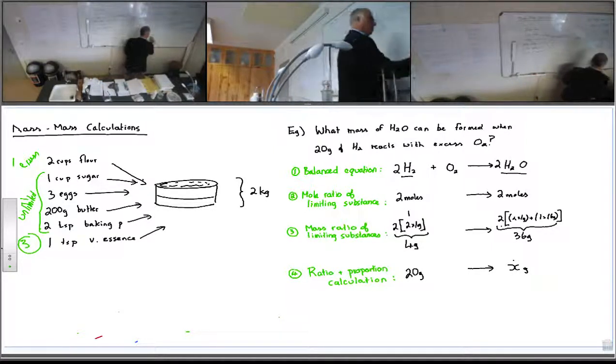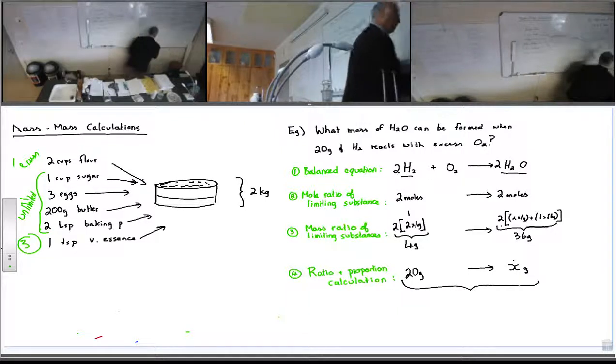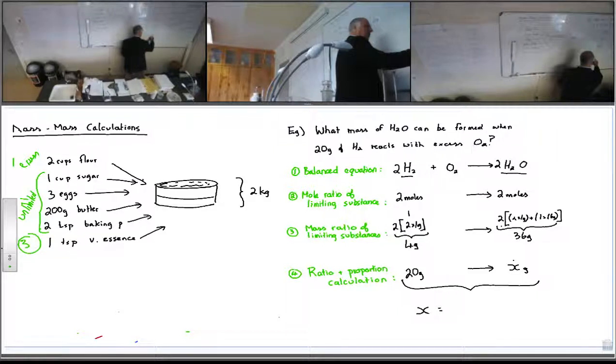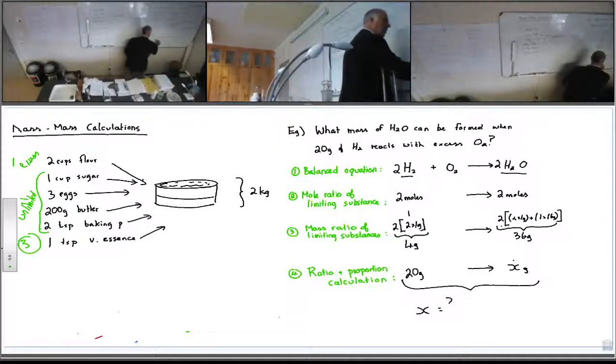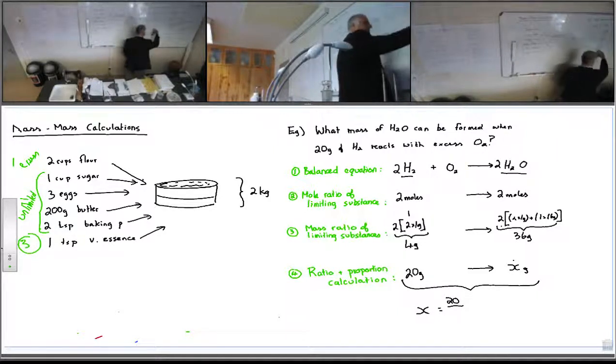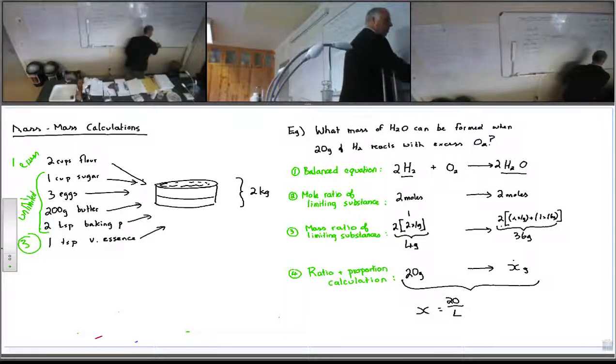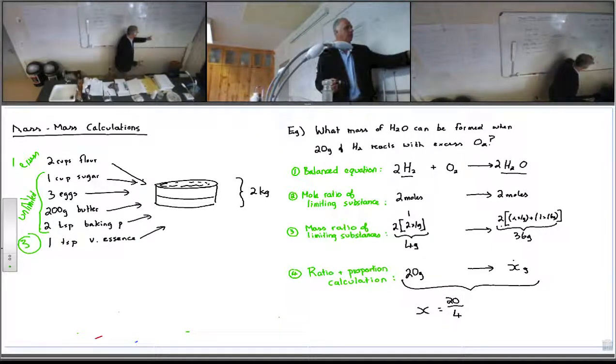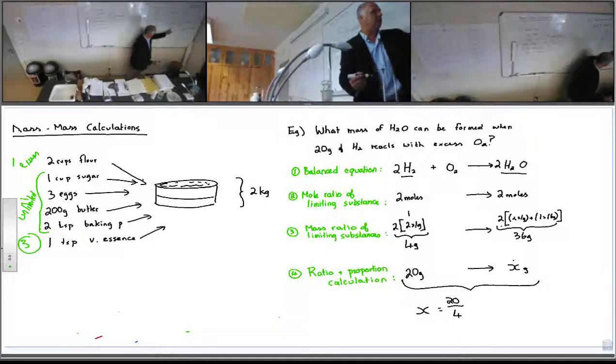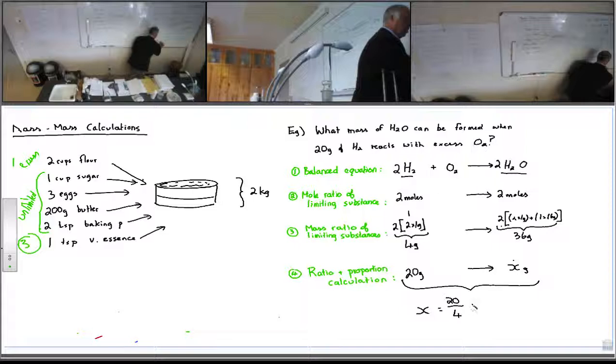Right, and from this we can do our little calculation that says X is equal to, you take the one that you're going to be using, the 20, over what the recipe says you should be using, 4. So that helps you find out how many times bigger that is than that. Do you agree? Okay, so you put what you've been given over what the recipe calls for to find out what the ratio there is. And then you times the 36 by the same ratio. Times 36 over 1 equals,